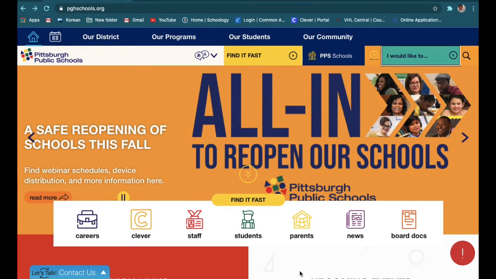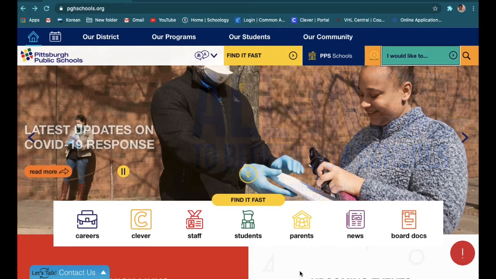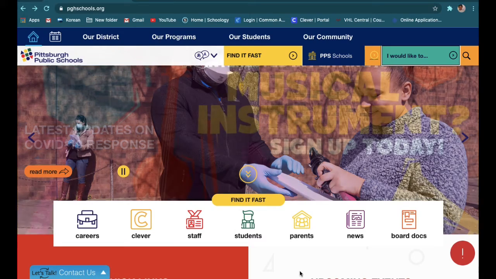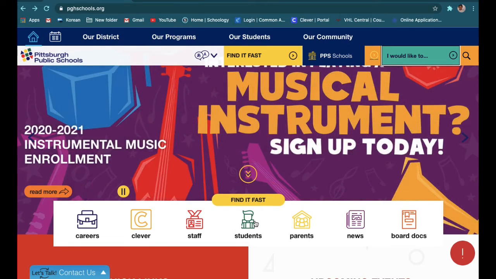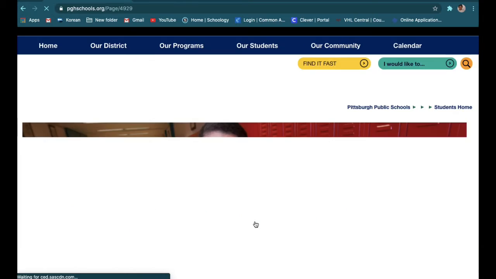And today we're going to show you how to successfully log into Schoology by going through the PPS homepage. So first, when you log into the Pittsburgh Public Schools homepage, you start by clicking the student icon, the student